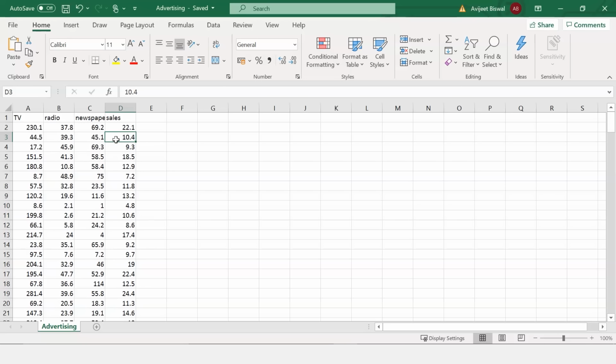We will analyze this data using linear regression. Linear regression is a supervised learning algorithm, which means the data has labeled columns and is used to predict numeric continuous variables. So our sales column here is the target column and it has continuous numeric variables. Now let me go to RStudio and start with the demo.